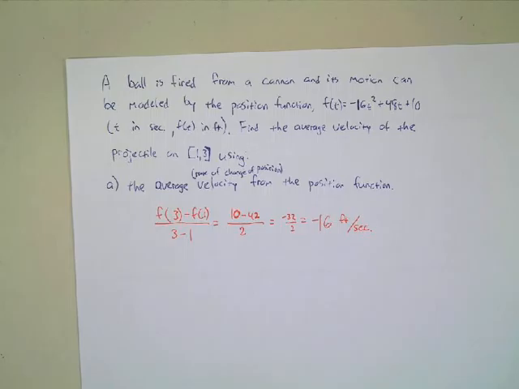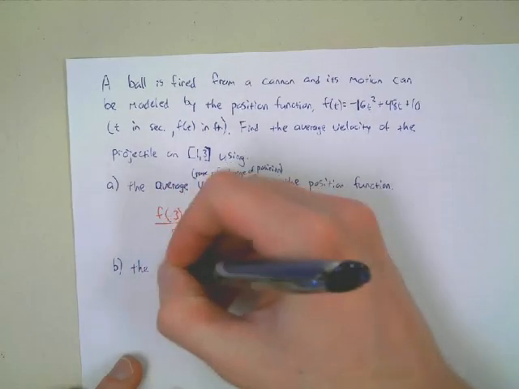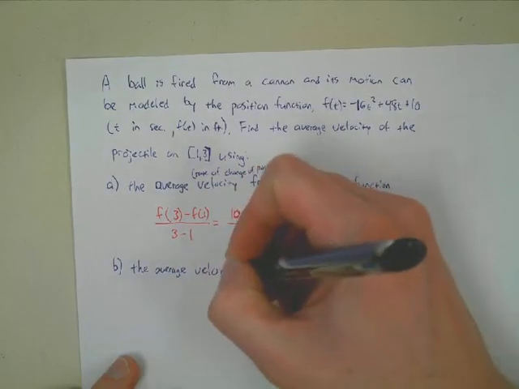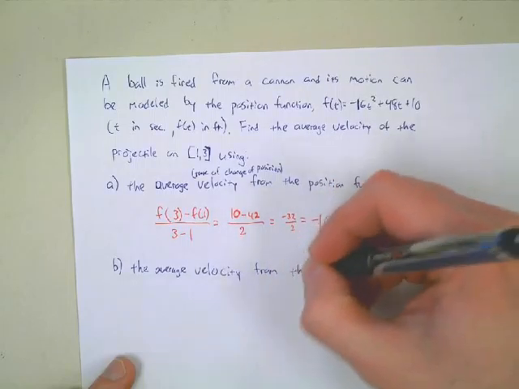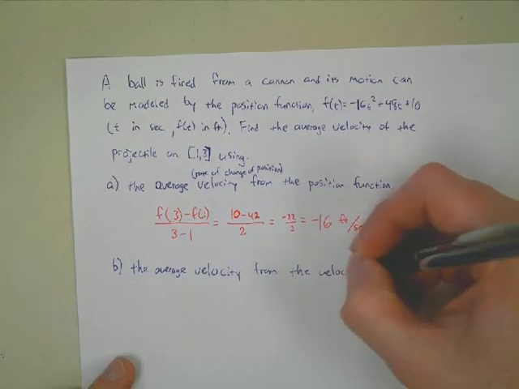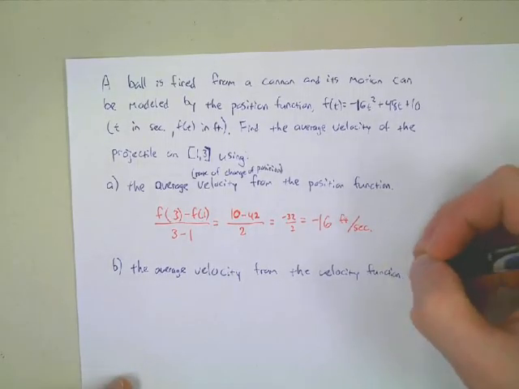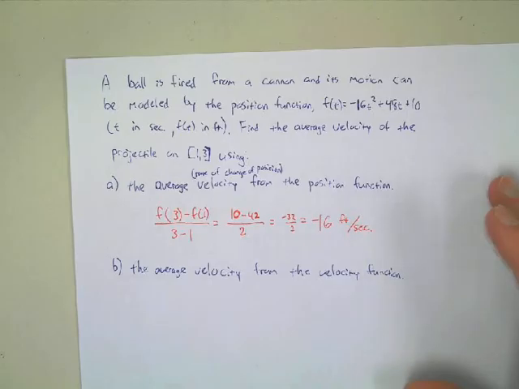So now let me show you, though. We can use average value here. So now we're going to find the average velocity. We're going to find the same thing, but in a different way, from the velocity function. So what do I mean by that? If we're going to find the average velocity from the velocity function,